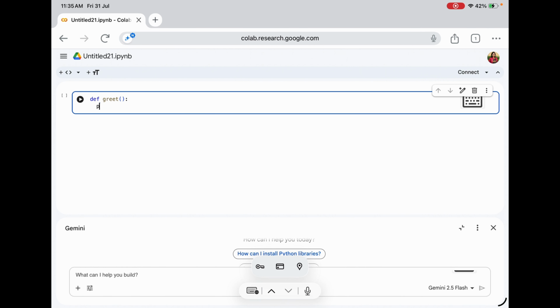Okay, what I want it to do is print welcome to the functions tutorial. Okay, now my function is already written. Let me try running it.